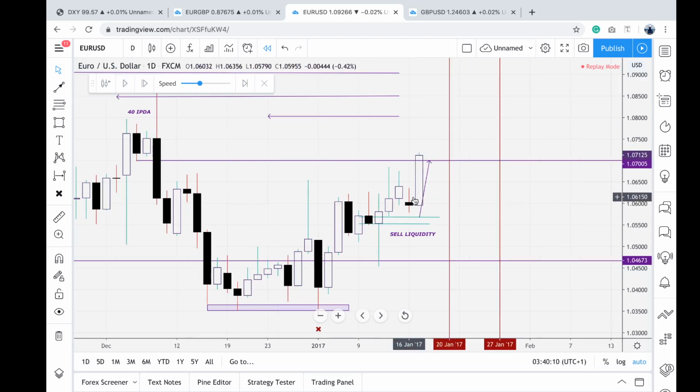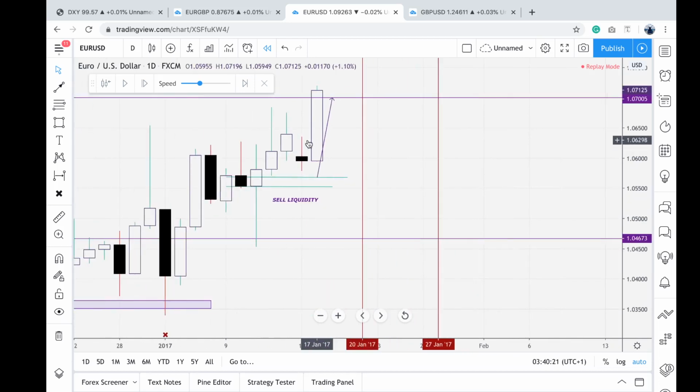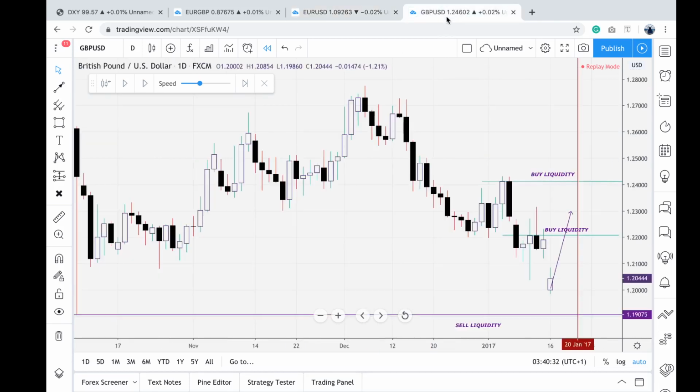So price did not get to our entry level, so this would have been a missed trade. Although price got to our target objective level, there's still different means to get this trade using buy stops, using intraday candles. But our goal of this lesson is higher time frame analysis. So this would have been a missed trade on Euro Dollar, and then for this, we're looking for price to trade through